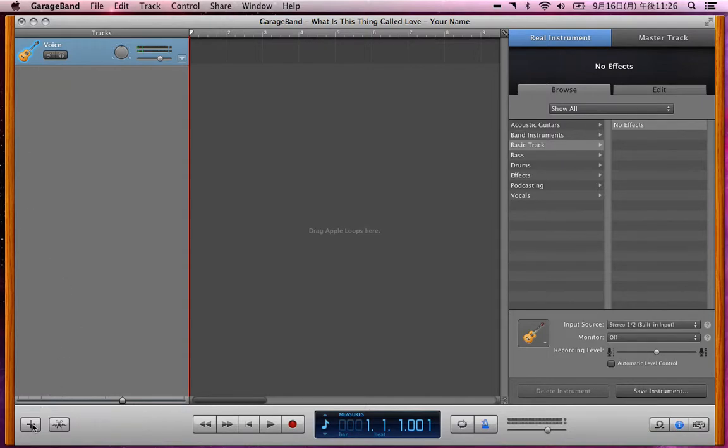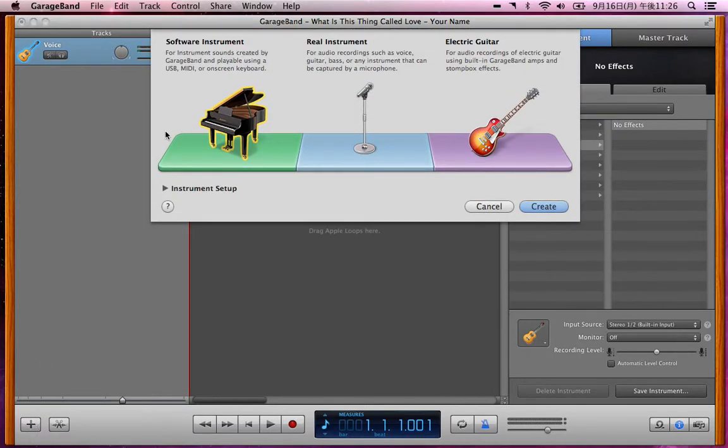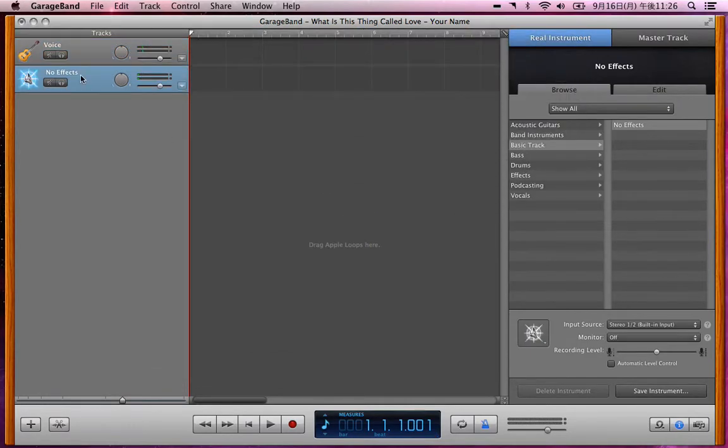And now I'm going to add a new track. I'm going to choose a real instrument, create. Now that this is here, it says no effects, that's good. Click it, wait a second, and now retitle it as background, or sorry, no, it was play along. Doesn't really matter. Play along is fine, background, but just so you know that it's different. It's not the one you're going to record onto. Now back onto your,